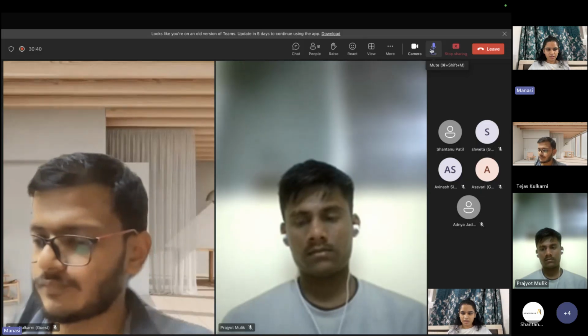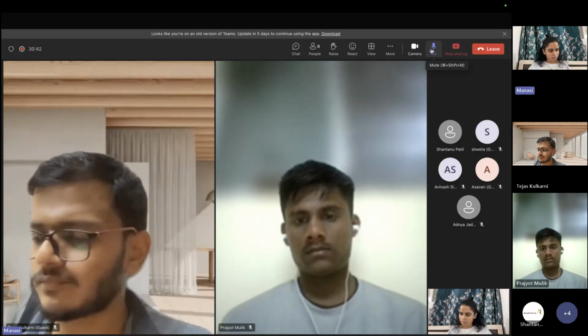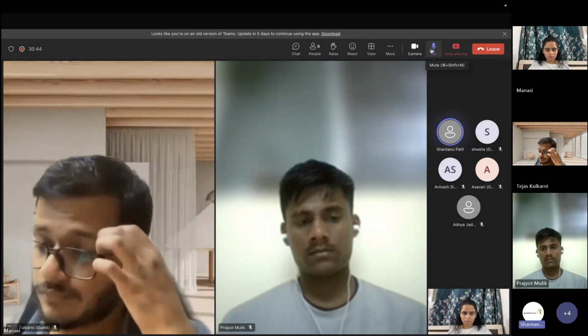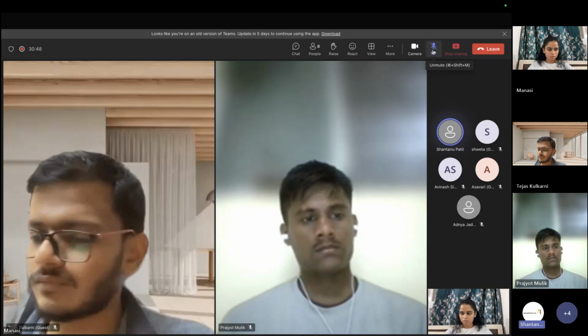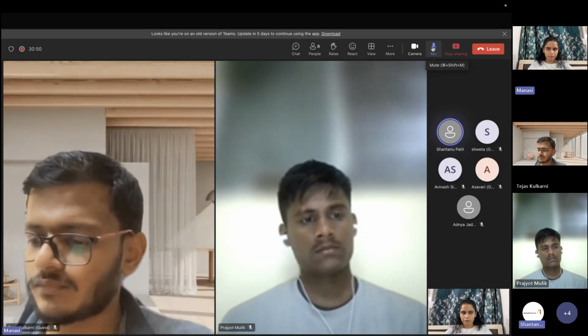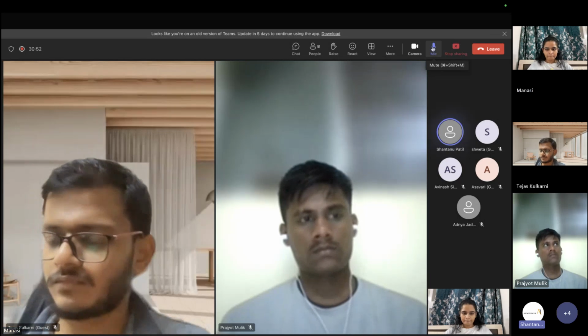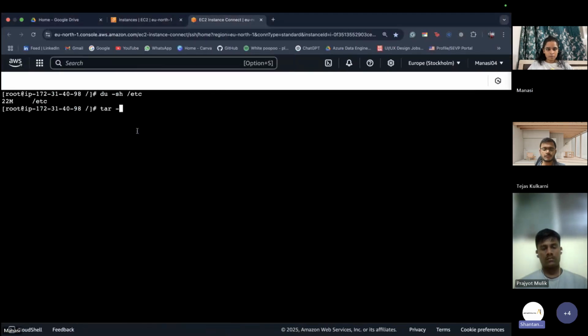tar -z, c. Correct. z will absolutely be there. Along with that, we have to use f, because it is a compulsory option in archive and compression. So z and f are the mandatory options if you want gzip.